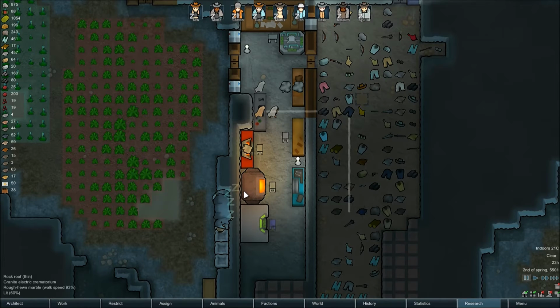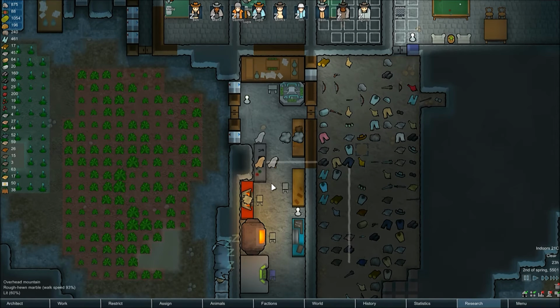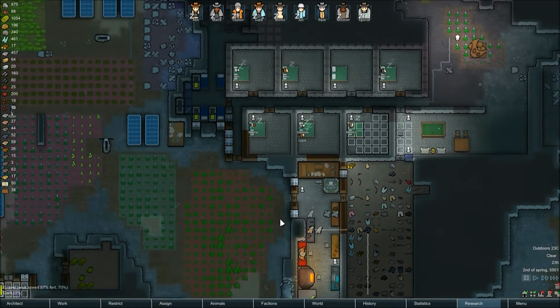But if you're starting as a lost tribe, you don't have the research yet. What you need to research is complex clothing, and then you can build a basic research bench, or not a research bench, a tailoring bench, sorry. And you can assign a colonist to work on